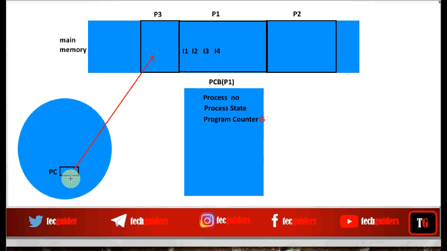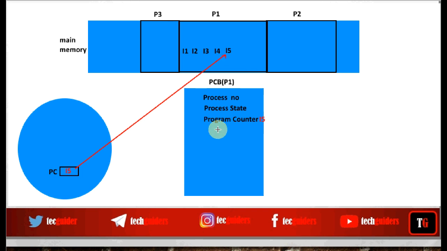It means even though the CPU program counter gets updated, the information regarding what is the next instruction to be executed for the process P1, we have already saved in the program counter within the process control block of P1. So later when P1 is scheduled to run again, we can restore the content of the program counter from its PCB to the CPU program counter